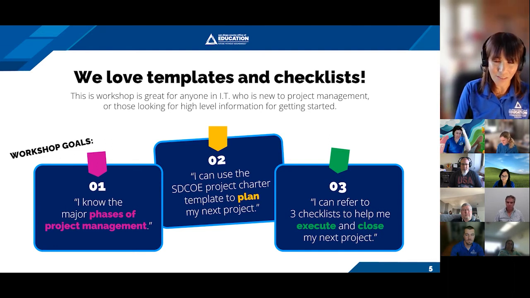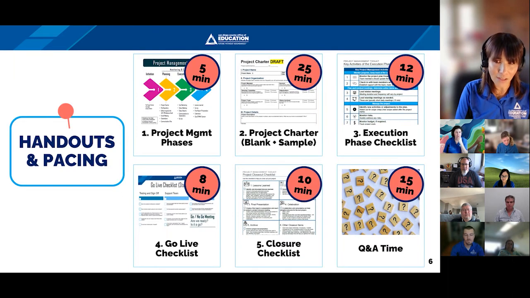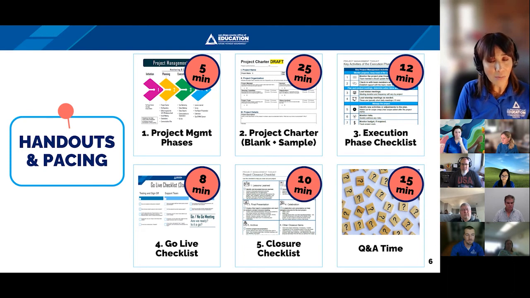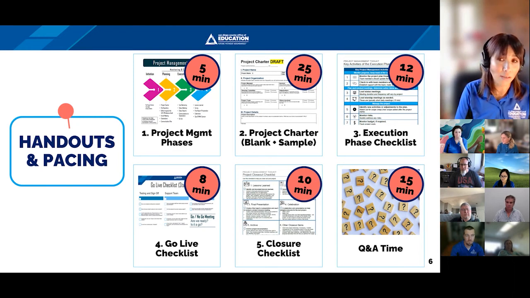Now, what you received through email, and if you haven't, I'll get it to you, are a series of handouts. So you've received our first handout called Project Management Phases. I would recommend that you download these and save them in a folder and make them easy to get to, so they're not just living in your email. You might even want to follow along by opening them up today, or if you've printed them, you might want to take notes on them. For the project management phases, we're going to spend only about 5 minutes, and that's just to get you the information about what can occur across all projects, small, medium, and large.